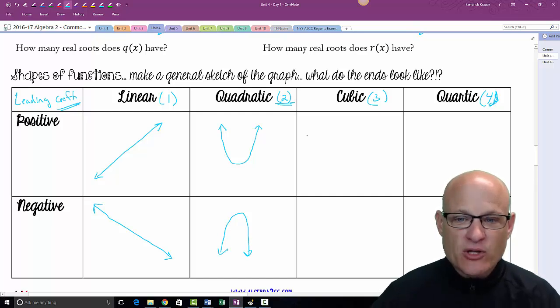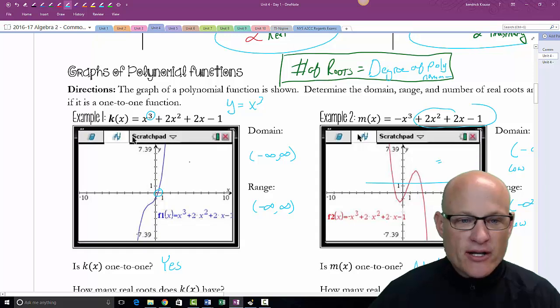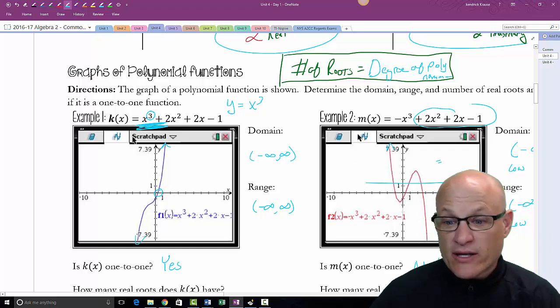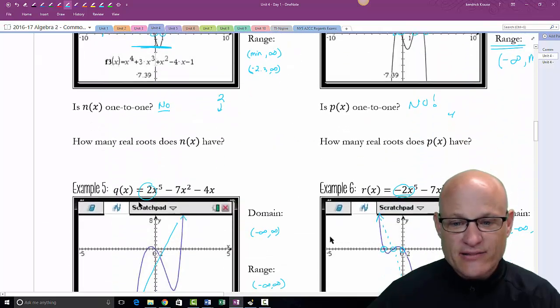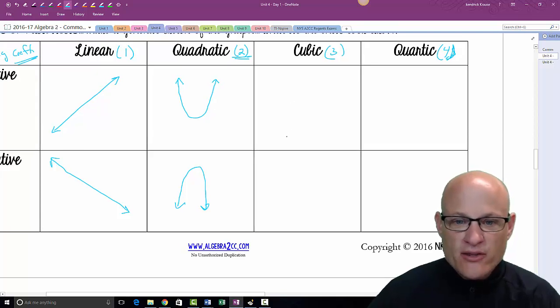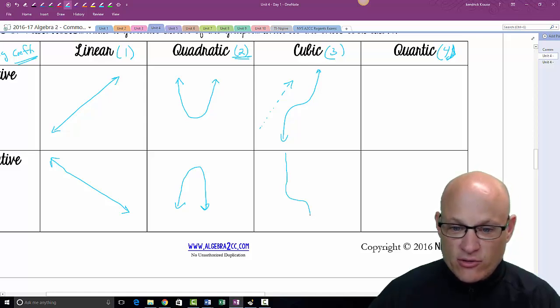Now, a cubic. If we go back to that cubic function, that third degree polynomial, you'll notice that if it's positive, it's going in the general up direction, and if it's negative, it's going in the general down direction. So if I go back to this sketch, because it's a cubic, it shouldn't look linear. It should have a little wiggle in it. So the general shape of a cubic is just this. But since it's positive, it's going in this upwards direction from left to right. And if it's negative, it's just going in the little curvy curve in there, and it's going in that general downward direction.